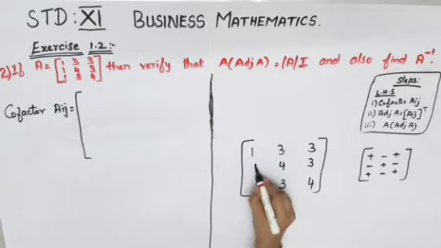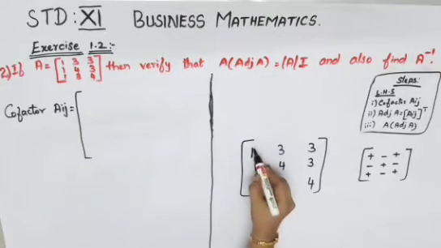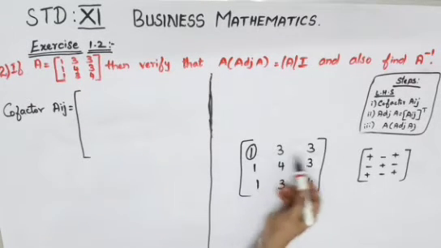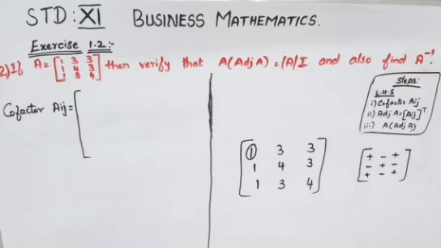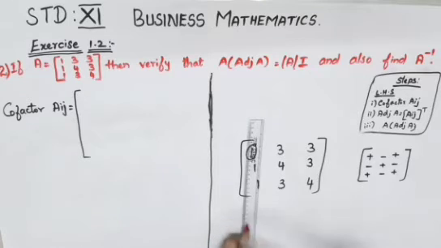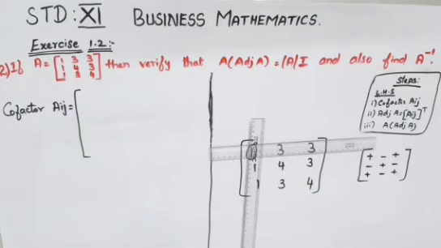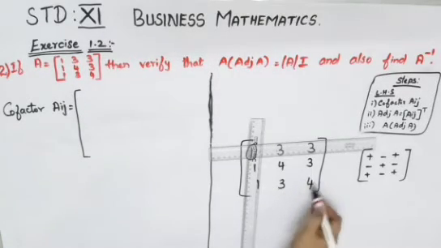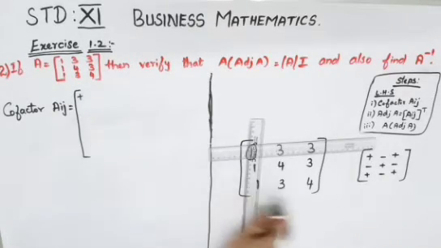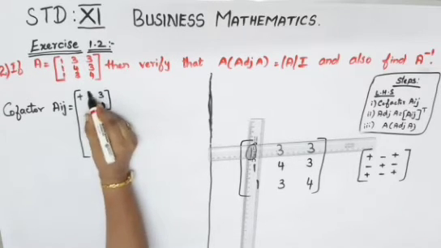Now you have to eliminate the row and column according to the first element, second element, like that. First you have to see the cofactor, that is the minor for 1. The corresponding row and column has to be eliminated. To eliminate the row and column, I am just keeping the scale over there. So the first element's row and column are eliminated. Now see what the left out terms are, that will be the minor. So the plus sign you have to add. So put plus. Here 4, 3, 3, 4 is left out. So this is your first term.